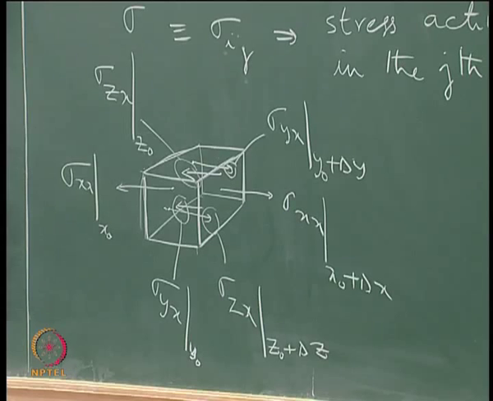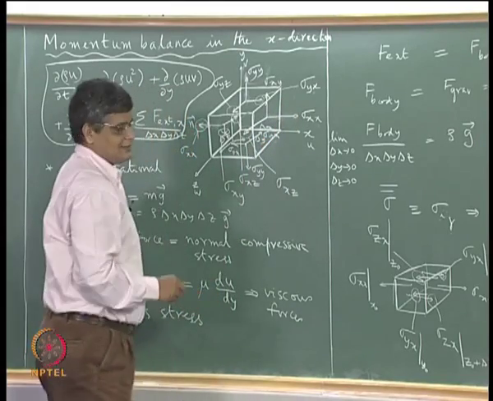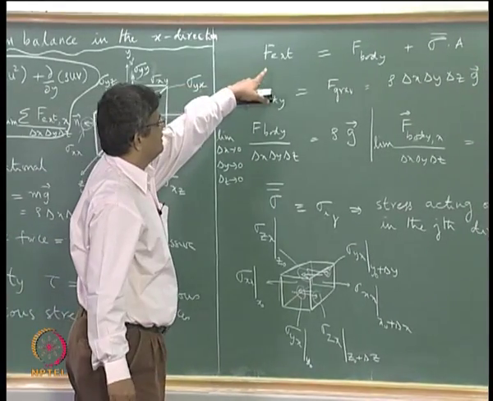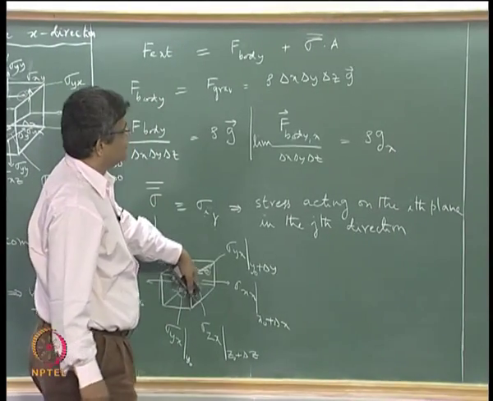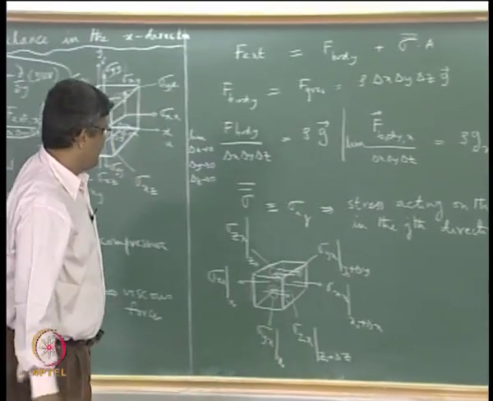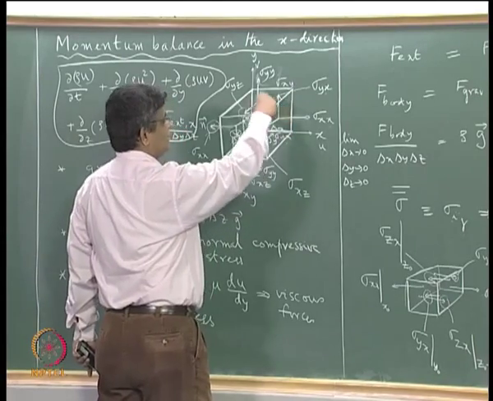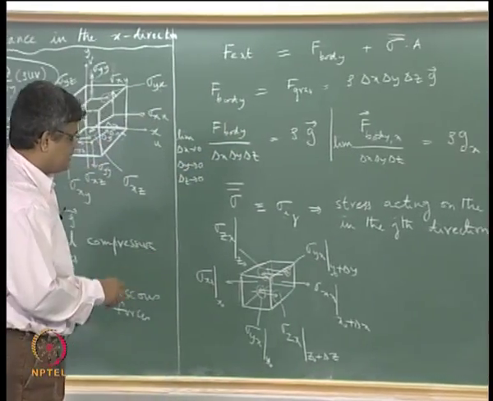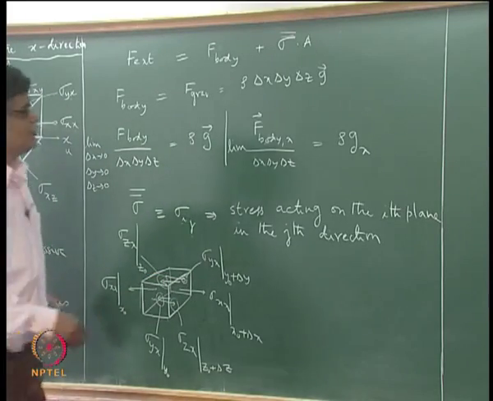So these are the stress components, and we know that each surface here is a plane with delta x, delta y, delta z as the dimensions. So using this we can now compute the external stresses acting in the x direction by multiplying each stress component by the corresponding area, and because we have taken these planes to be aligned with the normal directions, this dot product becomes very easy. So we multiply the corresponding stress with the area, and then we can therefore write